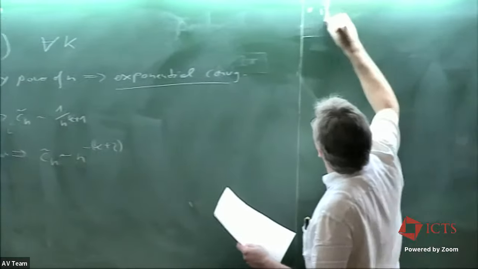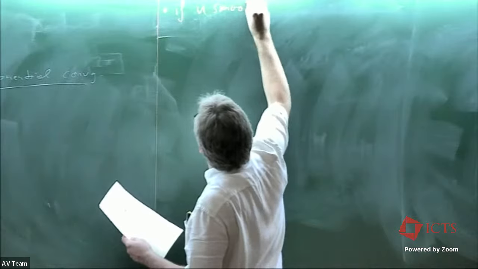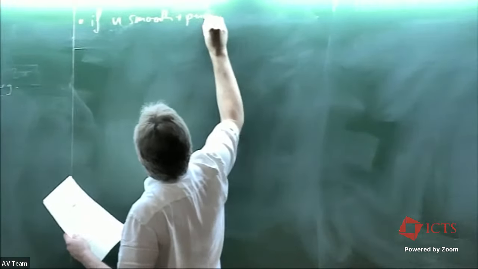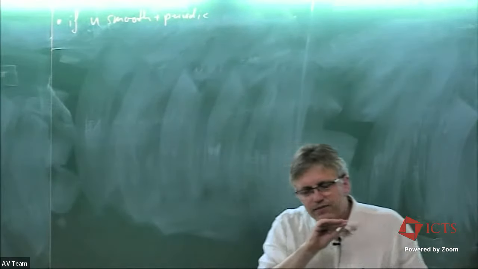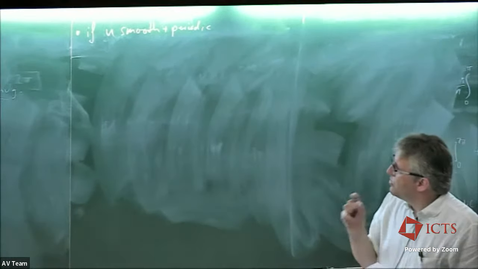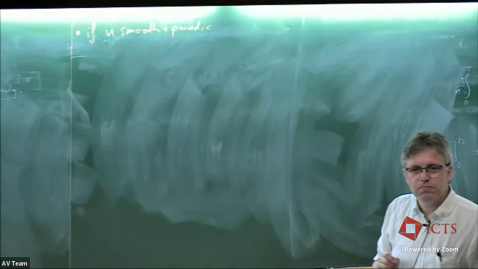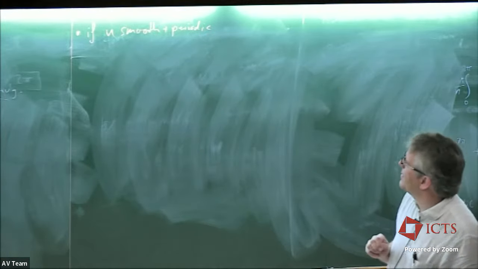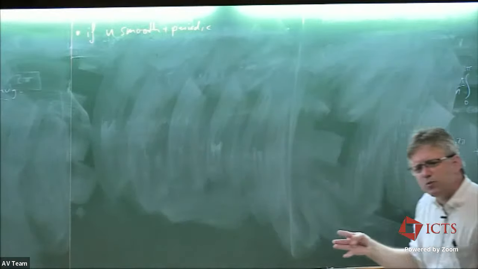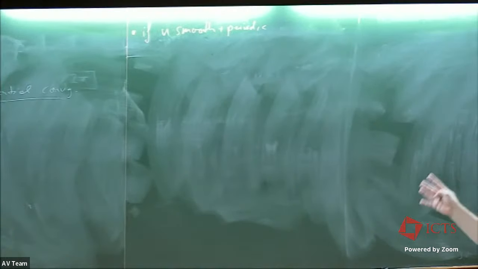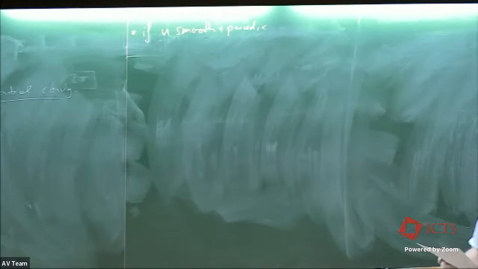So if U is smooth and periodic, I'm a numerical relativist, numerical physicist. I'm not a mathematician. I'm using sometimes symbols that I only vaguely define. For instance, here I'm saying smooth, here I'm saying C infinity. I actually don't know whether mathematically those two things are completely equivalent or identical. They are close enough for my purposes here.